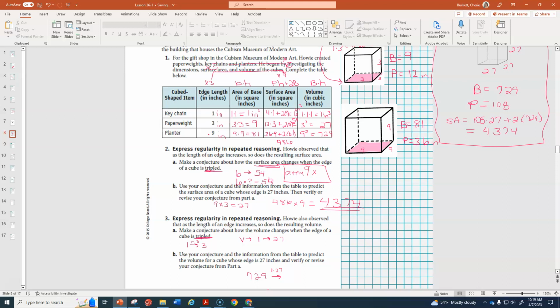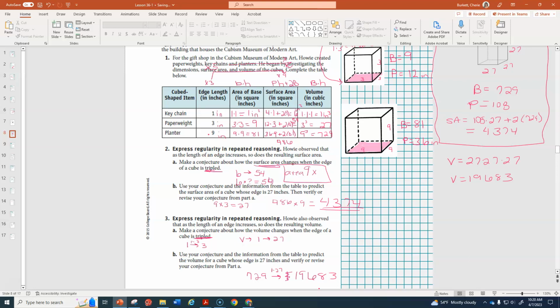We get a new volume of 19,683. If we go over here and find the volume using the formula, we do 27 times 27 times 27, and 27 cubed is, guess what? 19,683. And again, there is a relationship between tripling,